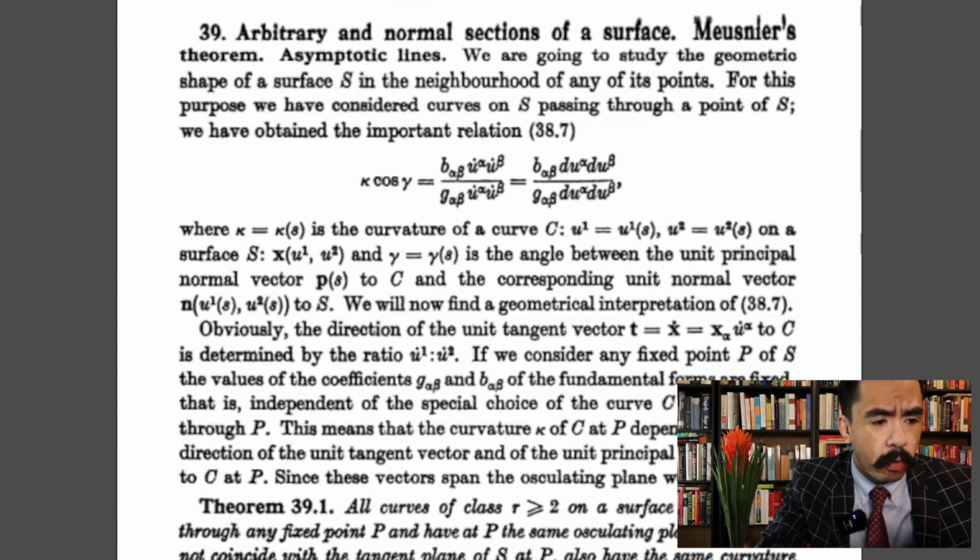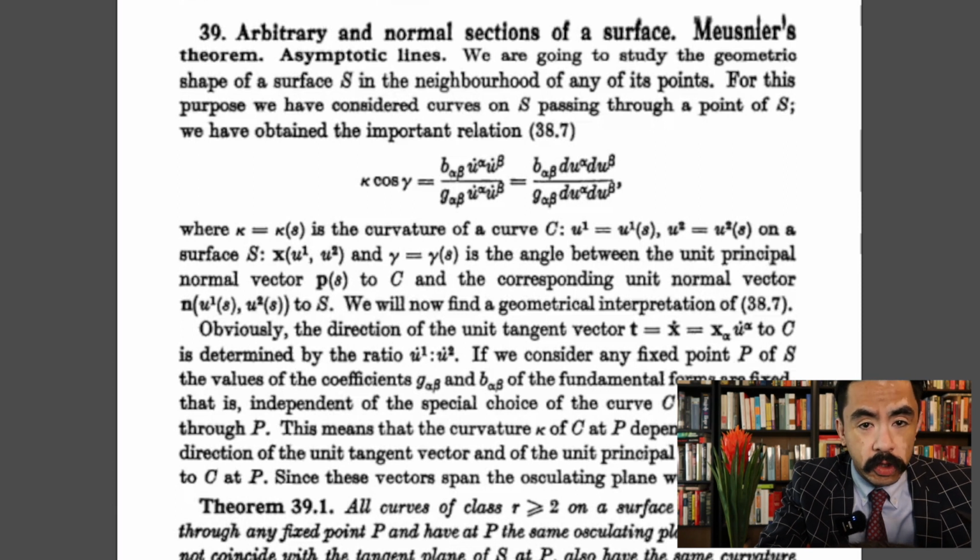We have obtained the important relation kappa times cosine gamma equals a fraction with the numerator of b sub alpha beta times u alpha dot times u beta dot, all over a denominator of g sub alpha beta times u alpha dot times u beta dot, which is equal to a fraction with the numerator of b sub alpha beta times du alpha times du beta, and then a denominator of g sub alpha beta times du alpha times du beta,